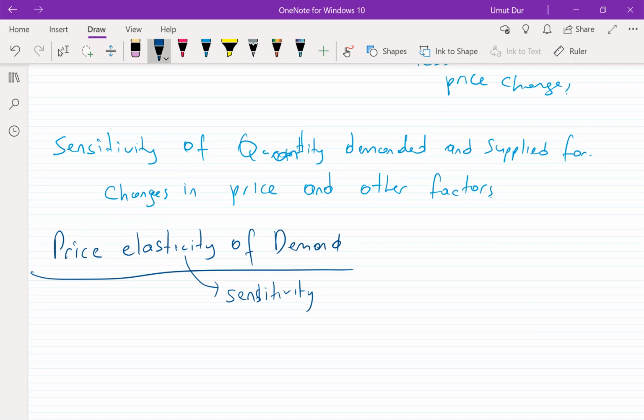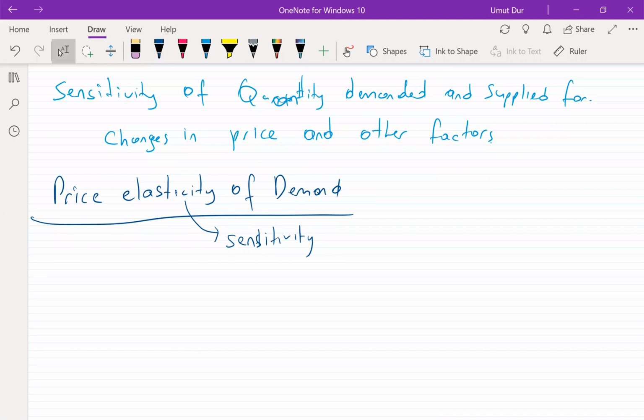Okay. So we will be using epsilon for the price elasticity, and it will be a fraction, and the fraction will be basically the